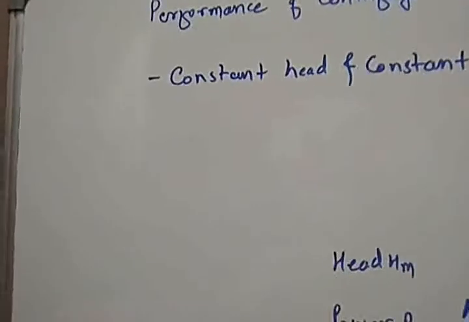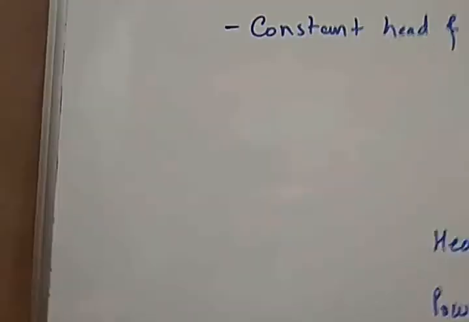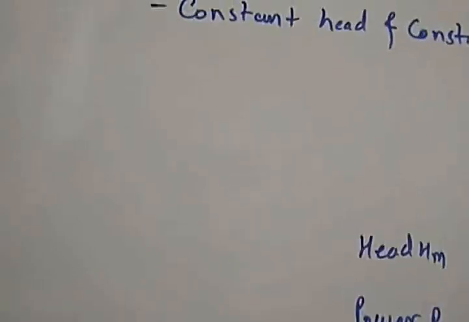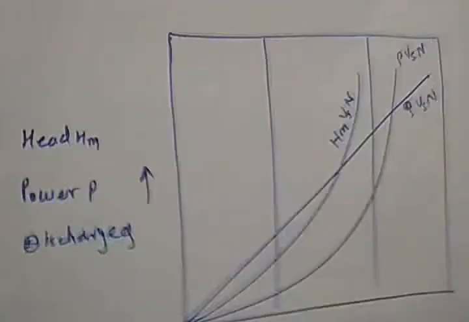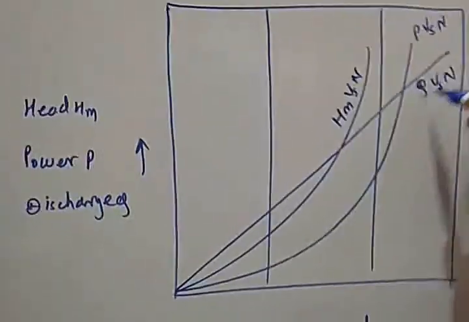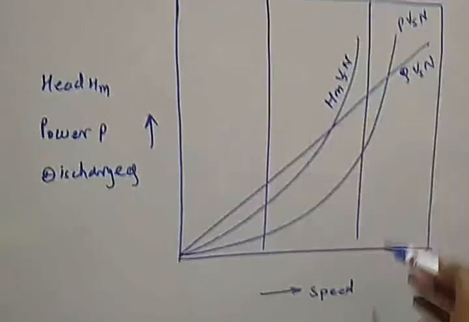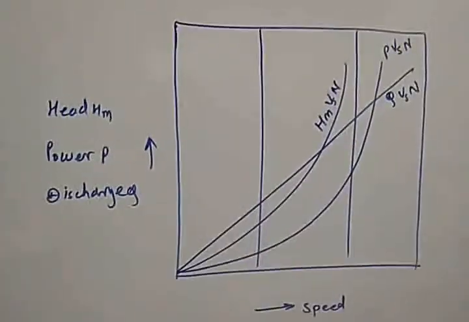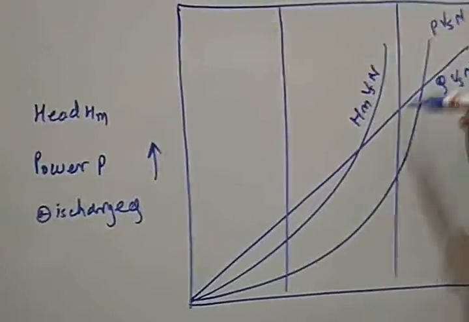Suppose I'm maintaining the head constant, then the speed varies, and if the speed is varying, then the Q will vary. That is, the discharge will vary. Now Q versus N can be prepared, which can be used to determine the speed required to discharge a varying amount of liquid at a constant head. So I'll be maintaining the head constant and drawing Q versus N. For what speed, what will be the discharge, we can plot with this diagram. Now we know that Q is proportional to N, so it is a straight line.